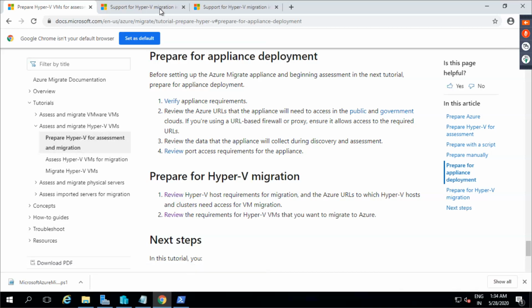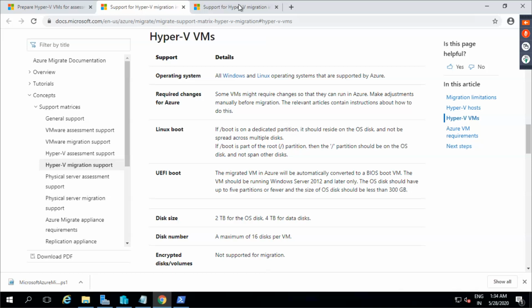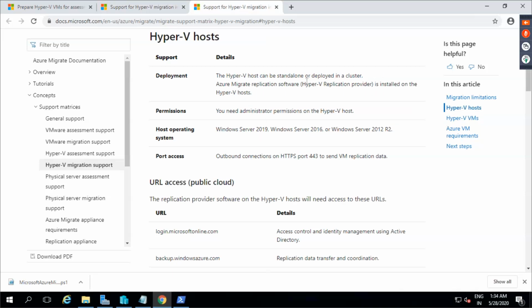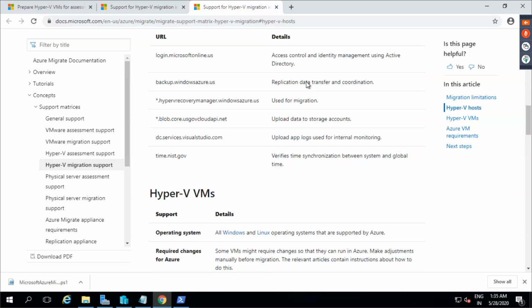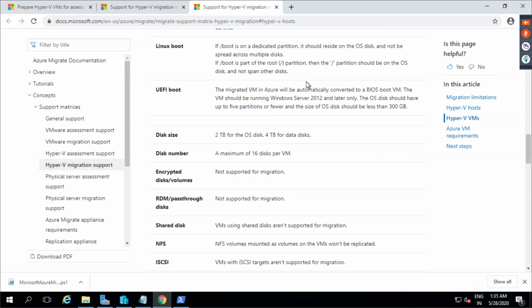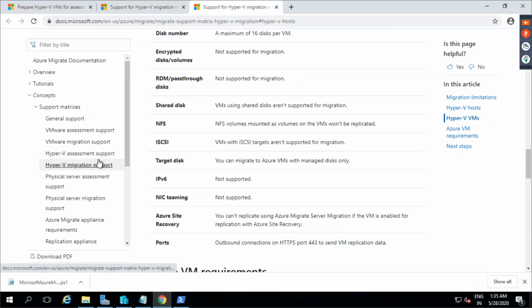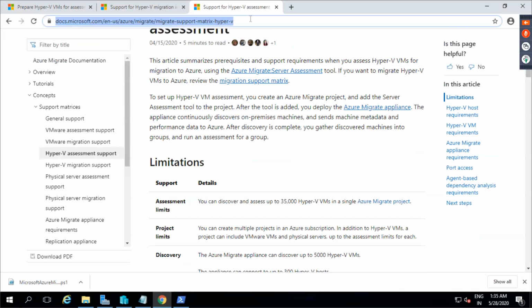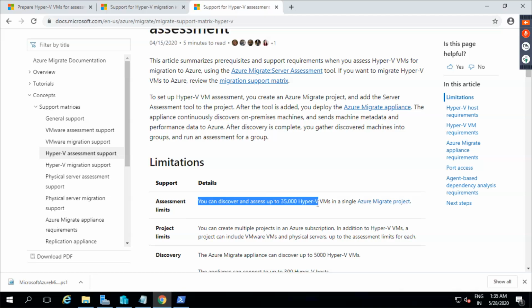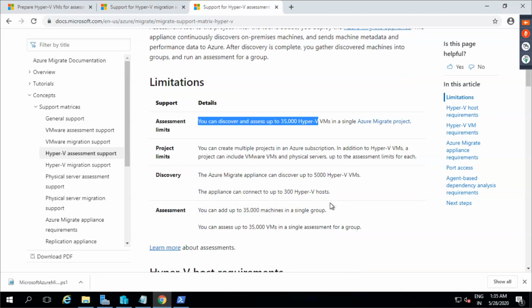So what are the Hyper-V host requirements, and what are the different things that are supported? And while you are doing this activity, what are the different URLs that these machines will access? Okay. So Hyper-V assessment report, Hyper-V assessment support, and Hyper-V migration support. Let me give the requirements for this. If you look into this documentation, it is telling you that you can assess up to 35,000 VMs in one shot.